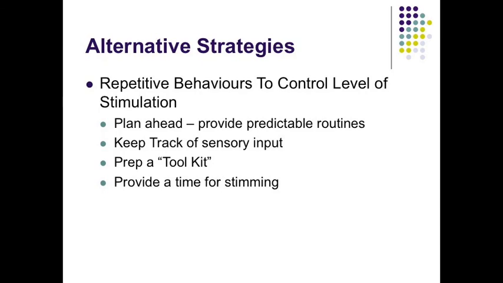So keeping a predictable environment or a predictable routine as much as possible can help reduce stress. Keeping track of things that may tend to overstimulate your child or cause less arousal can be a good strategy as well. So all children will differ in the right amount that they need. And when you notice these repetitive behaviors, really taking stock of the environment in terms of what might be contributing to that. So it might be the environment's too noisy or lights are too bright, those kinds of things.